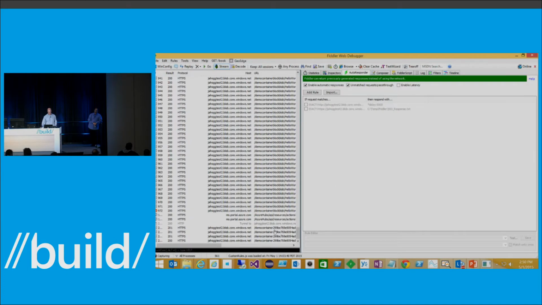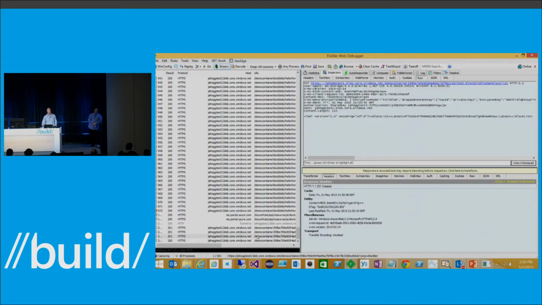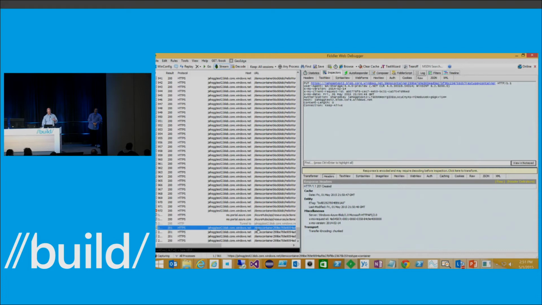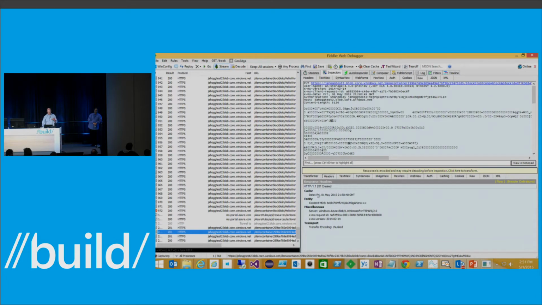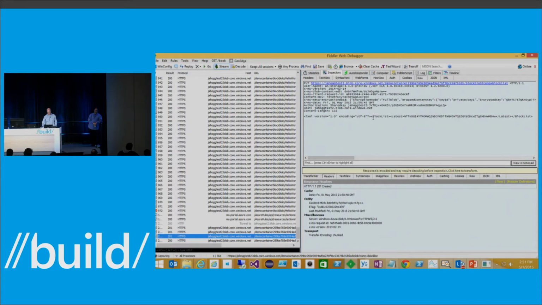But what we've got here is, I'm running Fiddler in the background. What we can see here is a number of different requests. We uploaded the actual binary data, which you can see there, and everybody should be reasonably confident that that's not digestible. Again, what we've done here is we used our upload blob capability. Under the covers, that performs a number of things. It breaks the data into blocks, and then it submits a block list, which is how we commit the final blob. In the actual block list operation, you can see here that we've got some